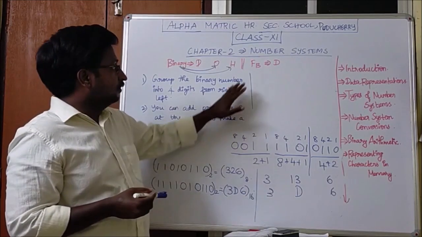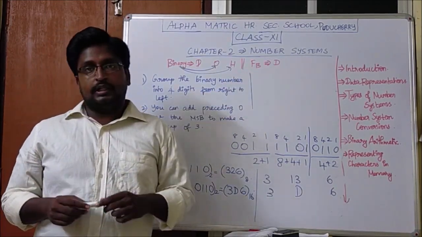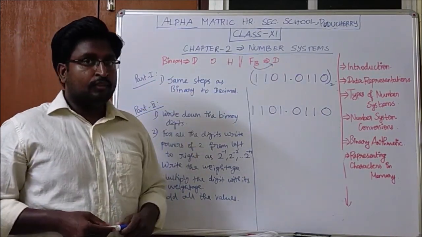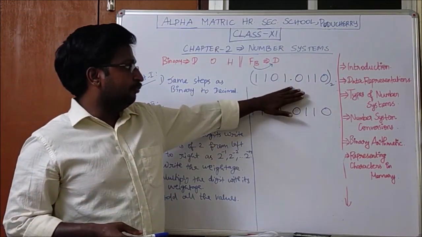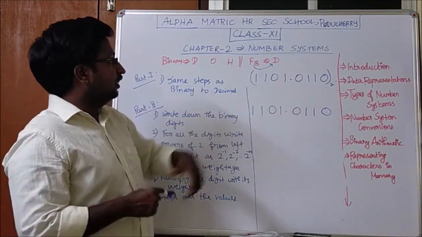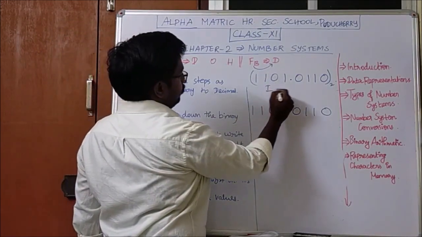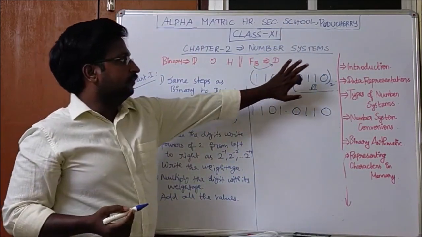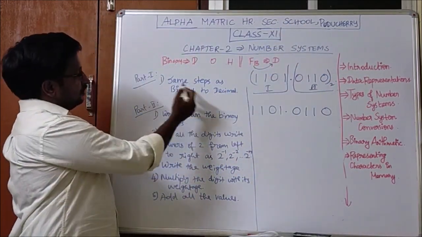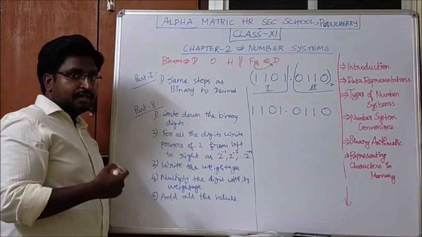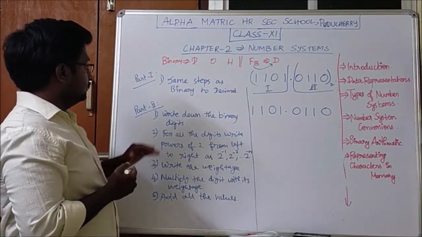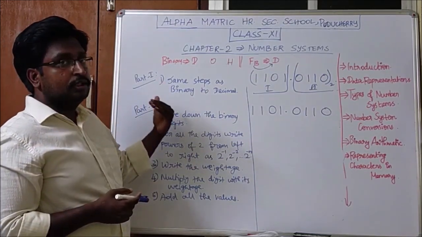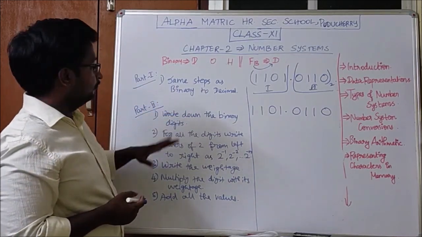So next we will see the fractional binary to decimal conversion. Fractional binary to decimal conversion. So here this is the example for fractional binary. Here we have 2 parts. This is part 1 and this is part 2. The integer part and the fraction part. So the steps for part 1 are the same as binary to decimal conversion, whereas a slight change in the steps for fractional binary to decimal is in part 2 only.